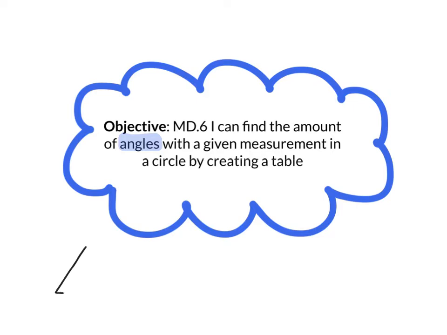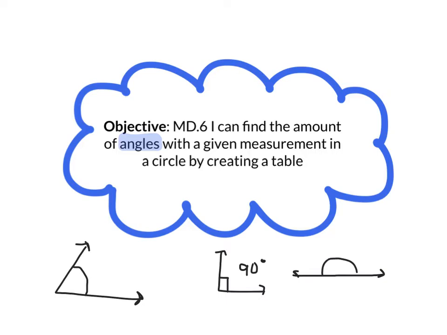Remember, the angle is the space between two lines that we can measure using degrees. So yesterday we talked about all of our benchmark angles, like 90-degree angles, 180-degree angles, 45-degree angles, and we talked about circles,